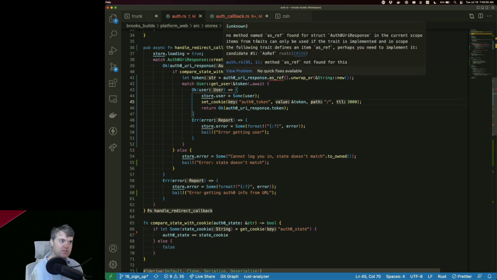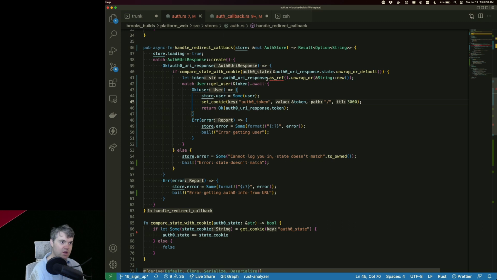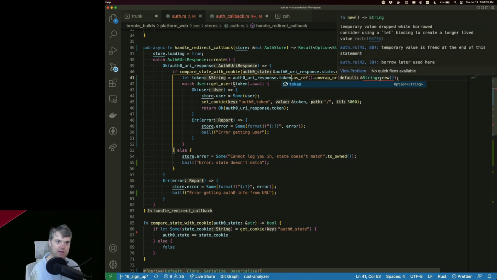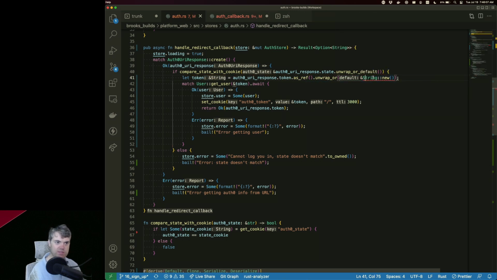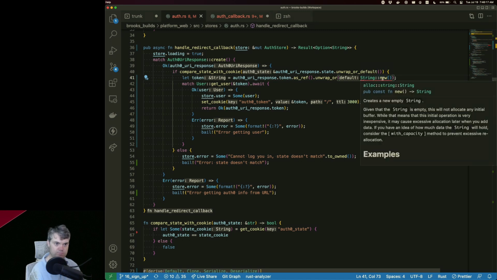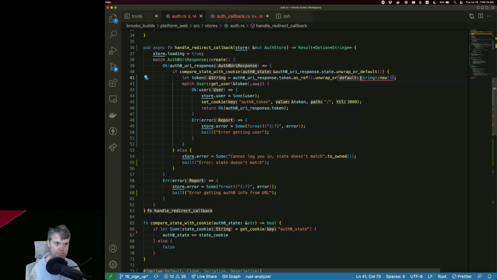What are you upset about? No method named as ref. Okay, so, oh right, it's dot token dot as ref. There we go. Temporary value dropped. I could do just a new string. So I don't think I can do unwrap or default.